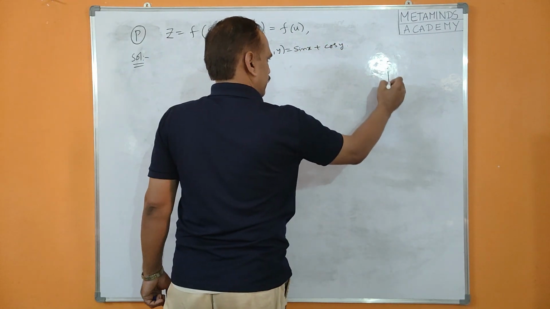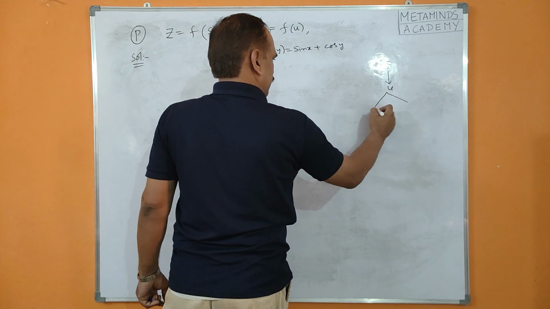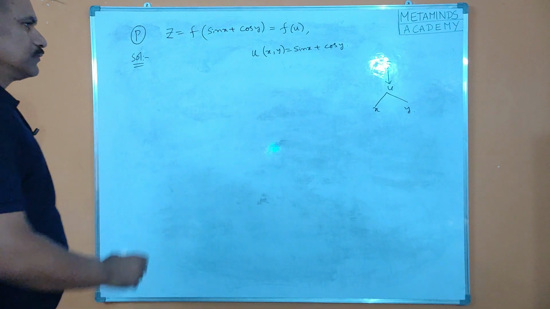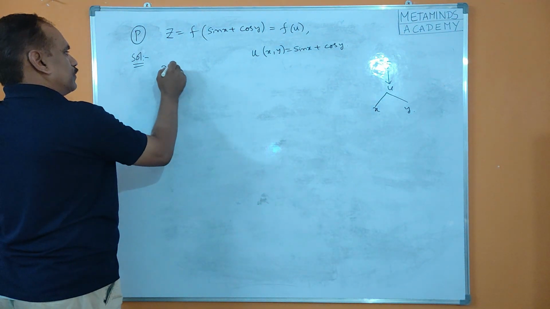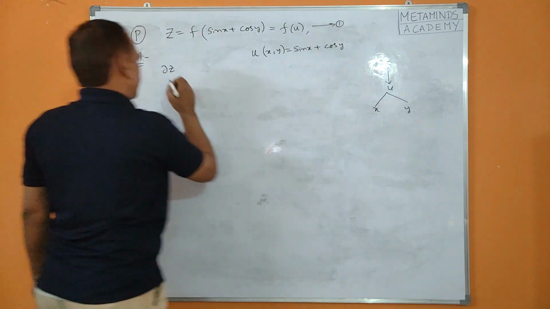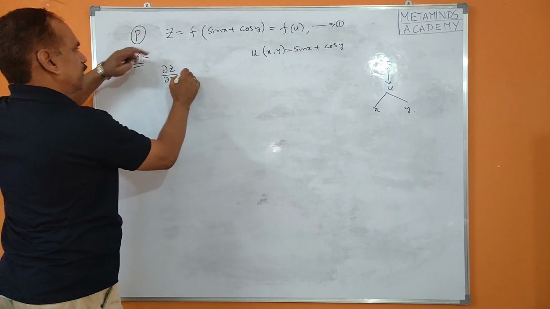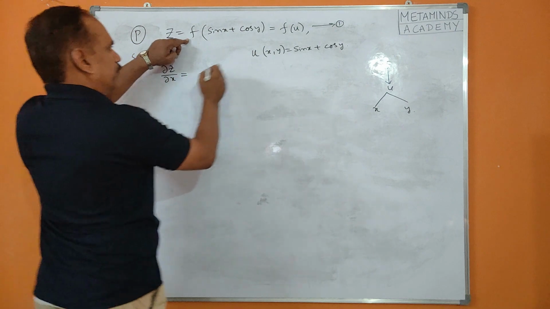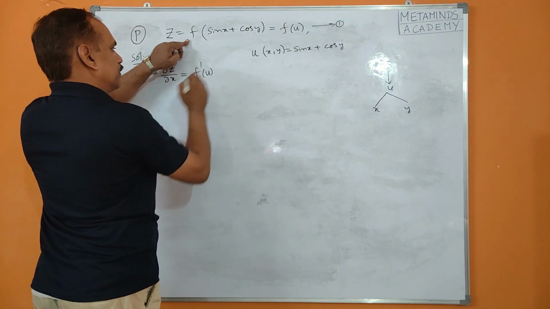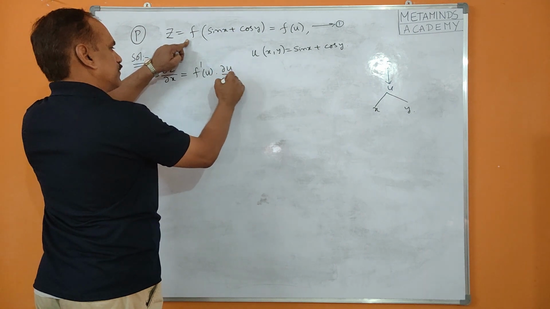So f is a function of u, which is a function of x and y. So differentiate equation 1 with respect to x, it is dou z by dou x equal to f dash u into dou u by dou x,